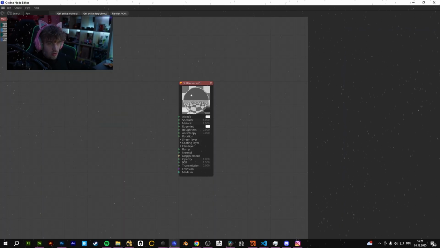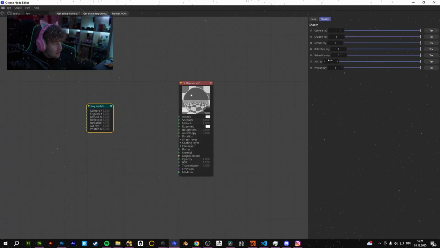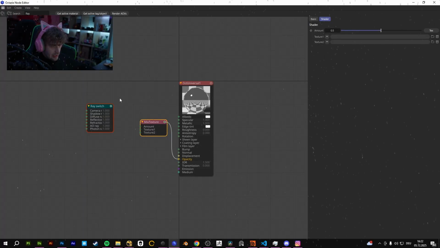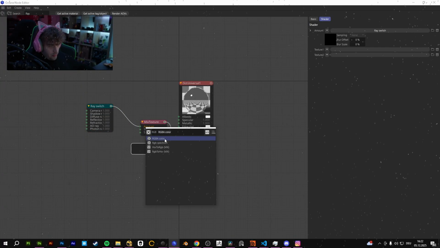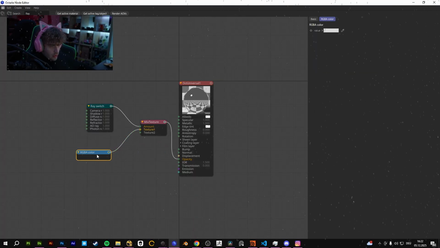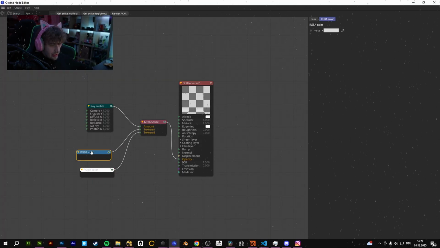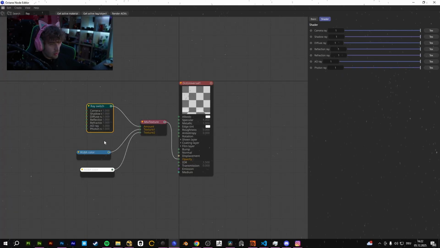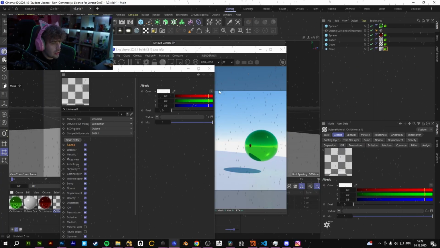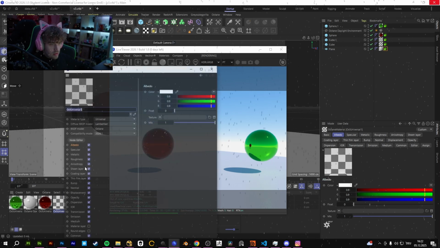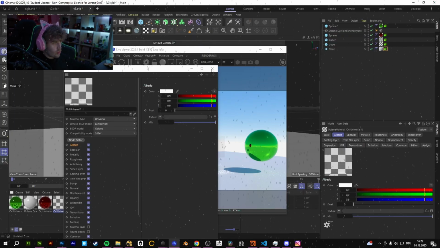In the old days you could also go for ray direction. No, not ray direction, I think it was ray switch, right? And you could go for opacity or something and exclude the shadows or the reflections in the opacity and make a mix. As an example, you make a mix on the opacity and go on this for the amount and use RGBA color and put it in here and black in the other one, and then you had the opportunity to use a specific method, like shadows, and you could exclude this by using the opacity channel inside of a material. But right now you don't need to do that because now we have this feature,